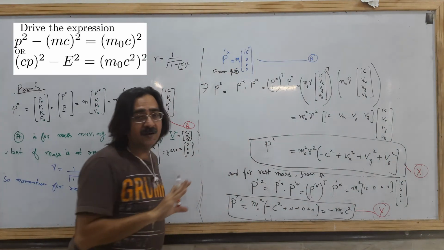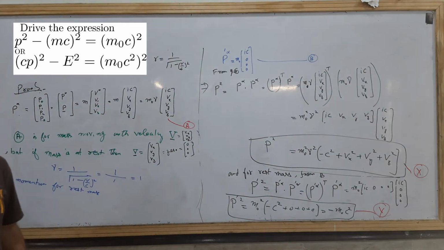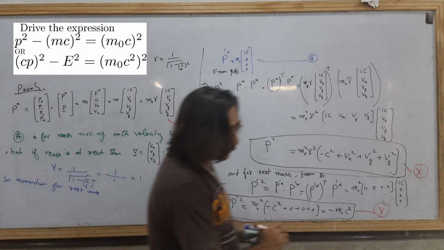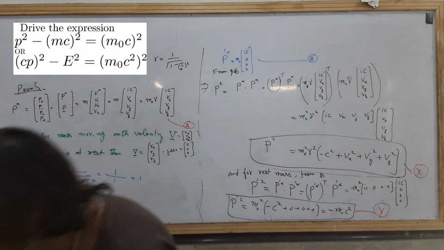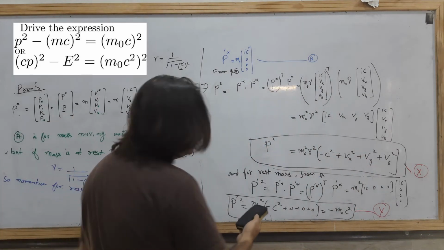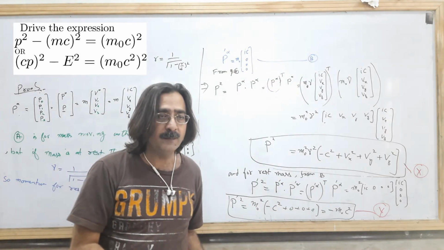A and B is not equal, but their magnitude will be same, okay. लेंथ मीन मैग्नीट्यूड, मैं वही कह रहा हूँ मैग्नीट्यूड।